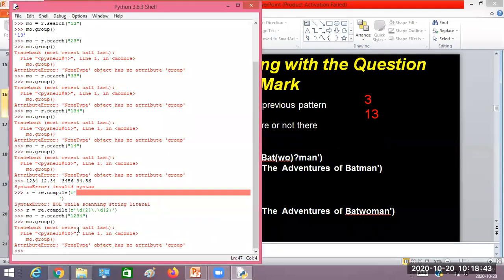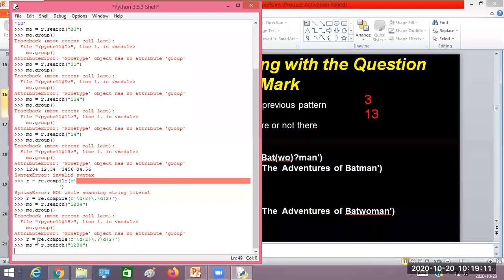R dot search. The question mark I didn't write. Sorry. After this dot, I must put a question mark. Then only it is treated as either presence or absence of the dot.